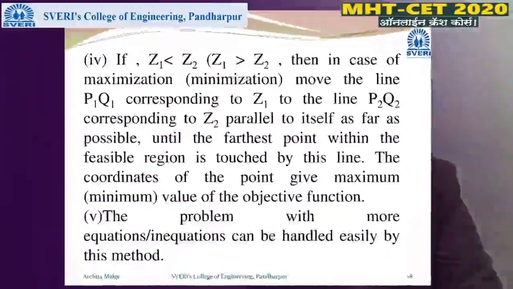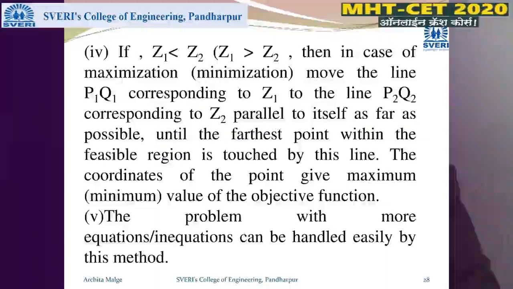In that case, if z1 is less than z2 or z1 is greater than z2, then in case of maximization or minimization, move the line P1Q1 corresponding to z1 to the line P2Q2 corresponding to z2 parallel